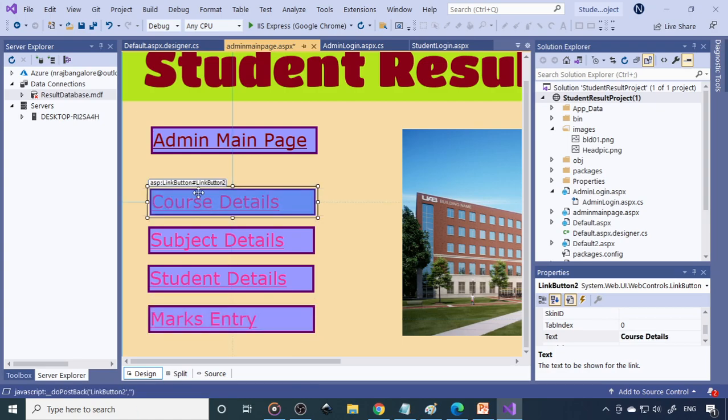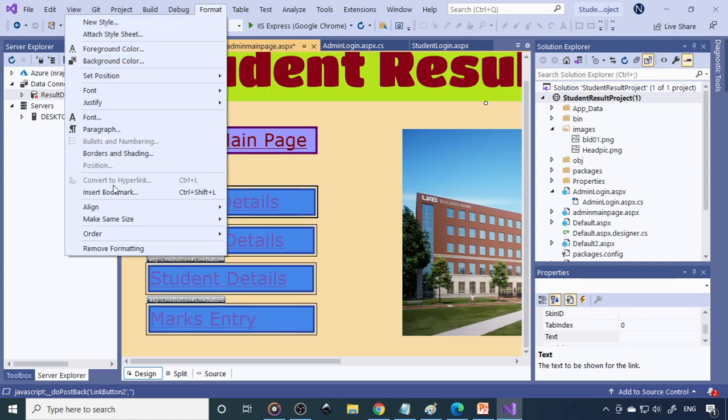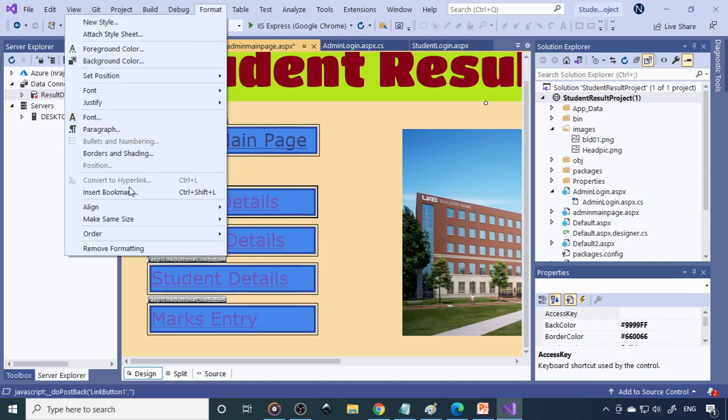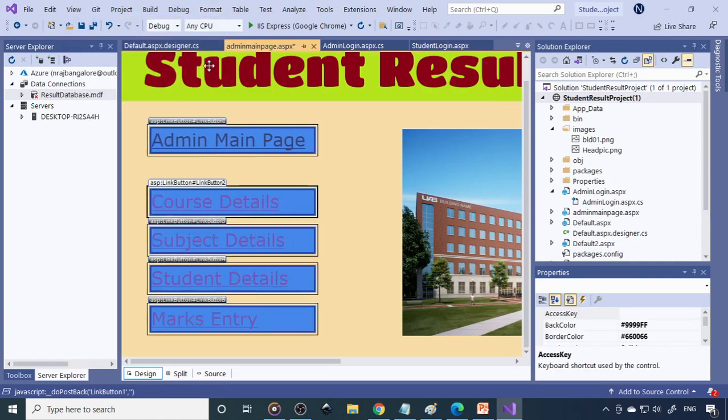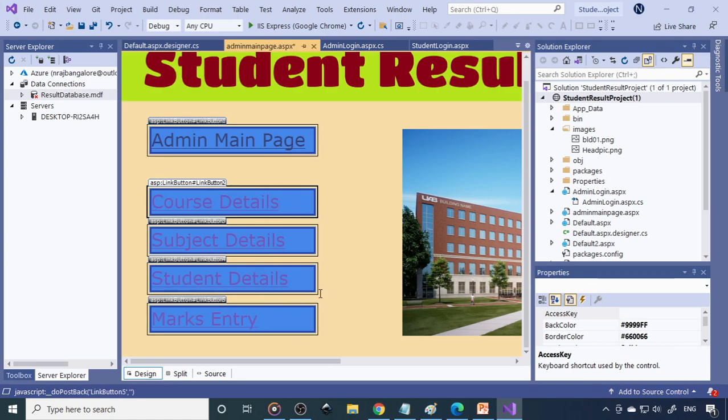Fine. You can also do it other ways. Hold the shift key and click here. Hold the control key and select all. Then if you go to Format, there is Align here, and you can align to the left side, so all will be on the left side. You can select this also with the control key, then go to Format, Align Left. Then there is one more option called Make Same Size, to make width and height the same size. So you can select both, and all will be the same size.